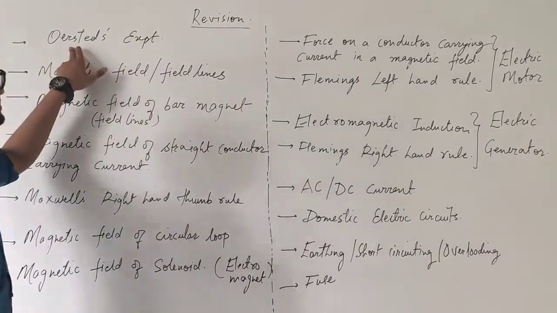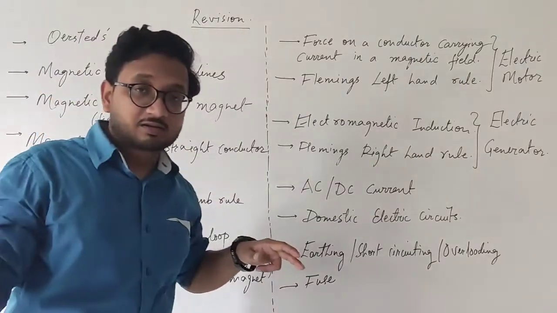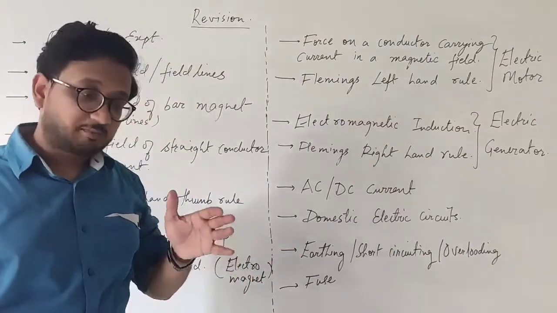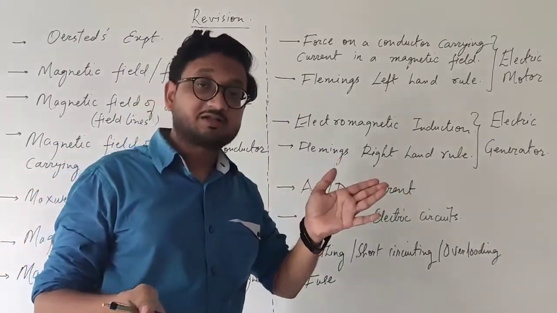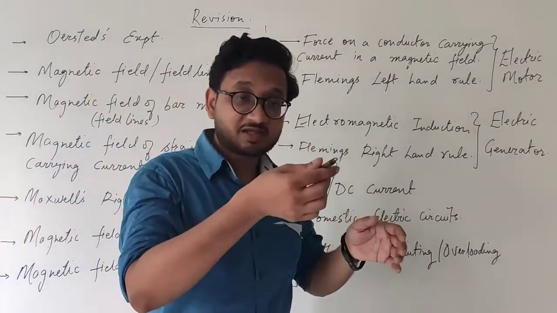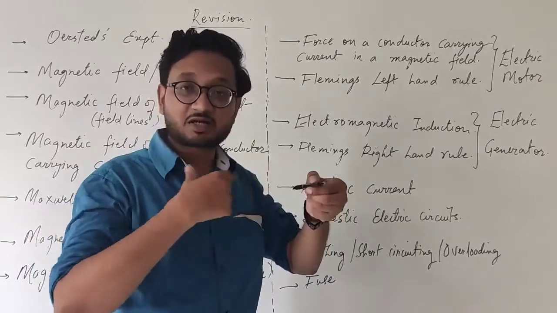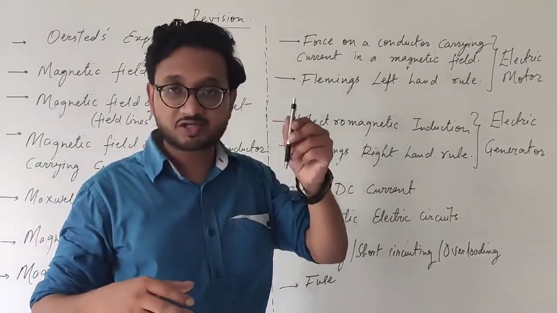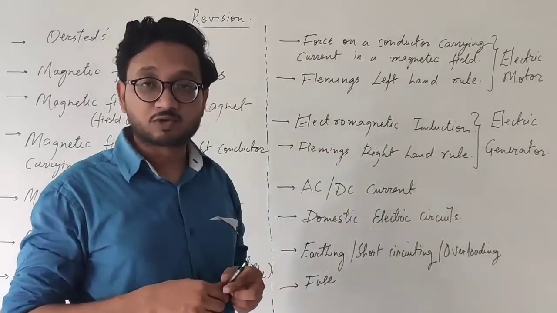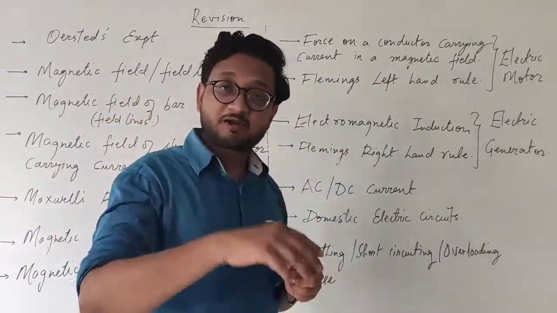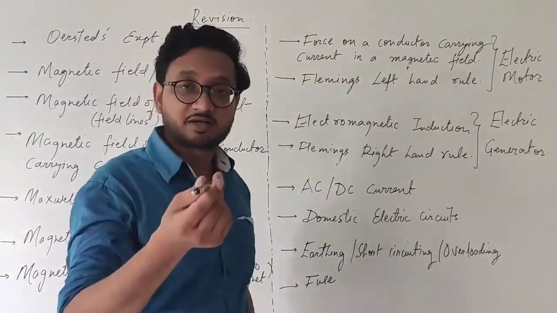So in the first point, that is Oersted's experiment, we know that a conductor which is carrying current is applying force on the magnet, so the magnet moves, that is the needle. So that is the exact opposite of it. Now we are keeping the conductor freely suspended and a magnet to be strong, and we are passing current through it. Whenever we pass current, it is going to generate a magnetic field, and because it is already in a magnetic field, it is going to experience a certain force. So similarly, when the conductor applied force on the needle, now the magnet is applying the force on the conductor.